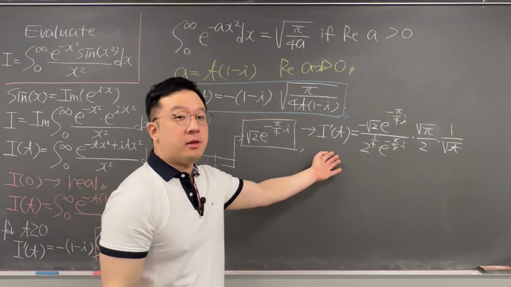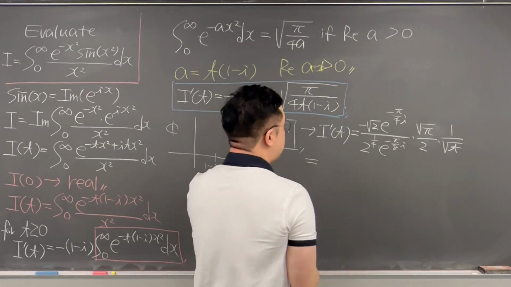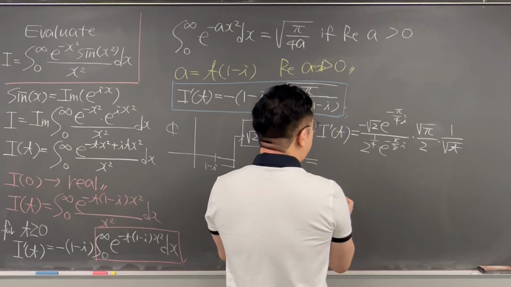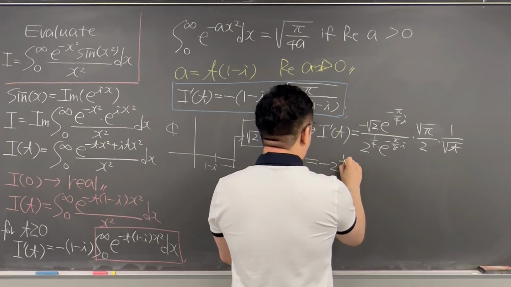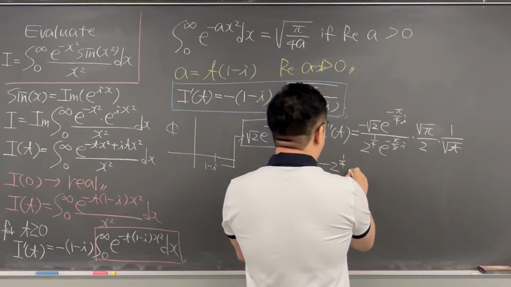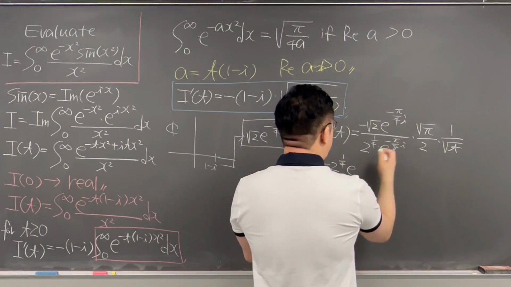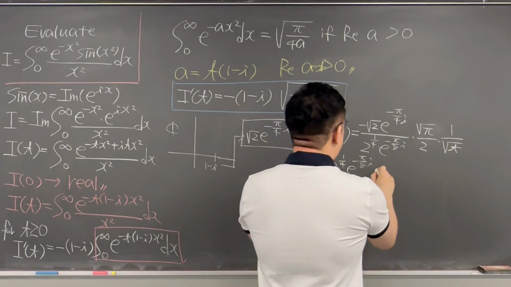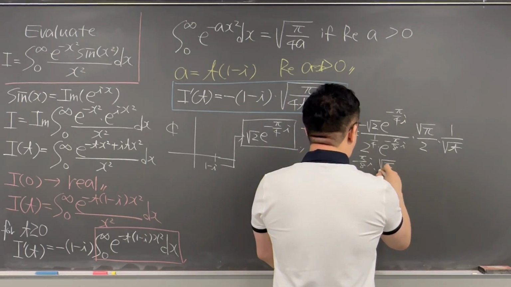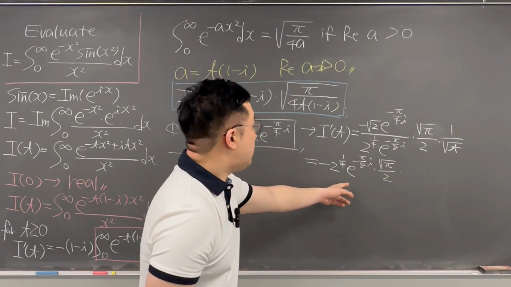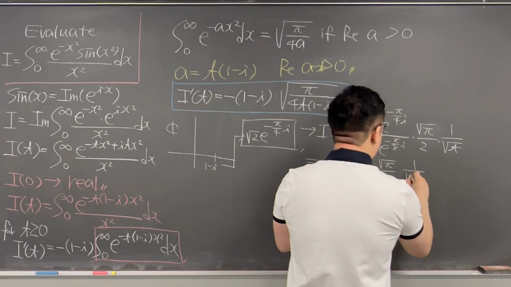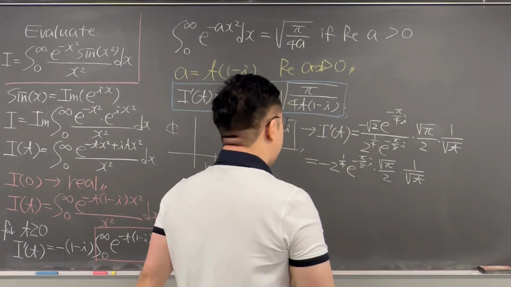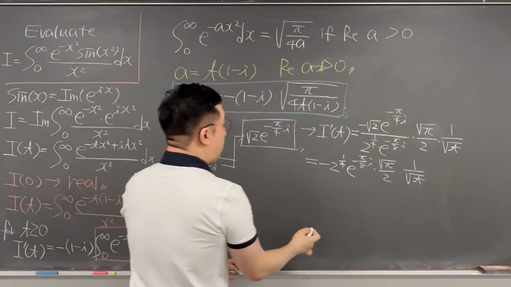Okay, then let's keep working on this. If you keep working on this, it should be the same as negative 2 to the power of 1 over 4, times e to the power of negative pi over 8 times i, times square root of pi over 2, times 1 over square root of t. So that's why your I of 1